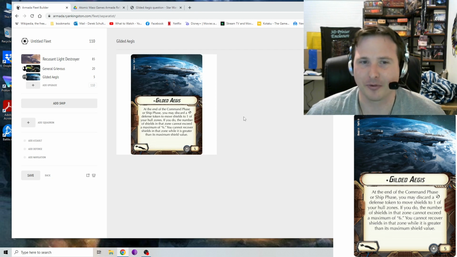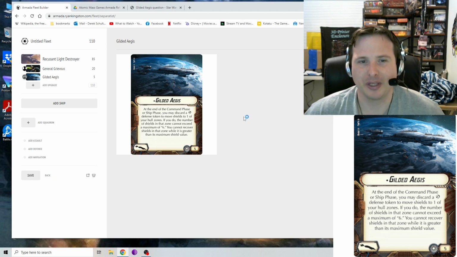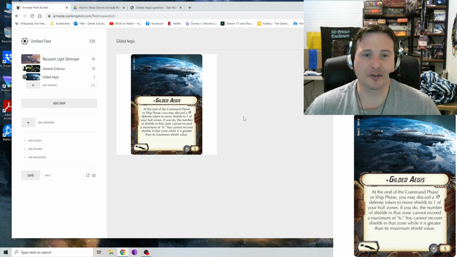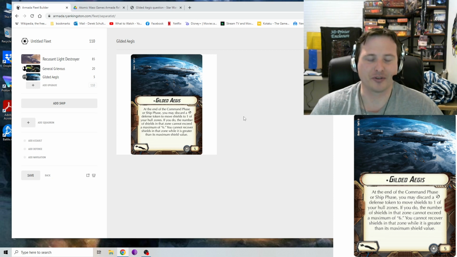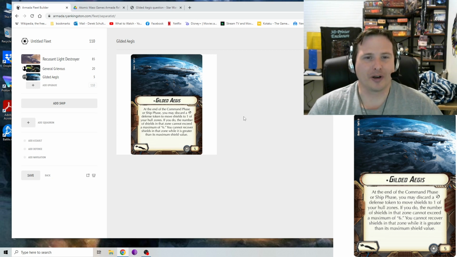Because again, you have to have a redirect defense token. And if you have to throw it away, that's one less defense token you can use when you're being attacked, especially by things like squadrons. It's such a wash. This upgrade card seems like it didn't get quite where it needed to be in terms of balance, but maybe one day in the future there'll be a use for it. As it is currently,